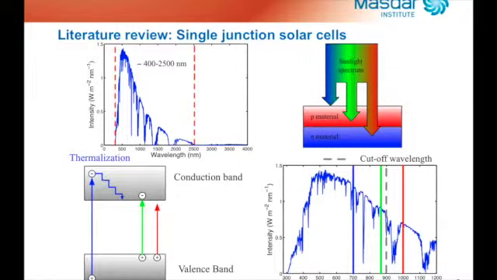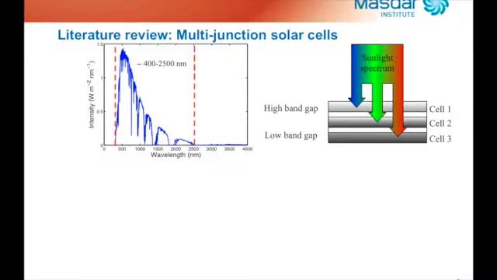Well, in this case, we still have generation of electrical carriers inside the material, but the extra energy carried by the photon is lost to a process called thermalization, which basically consists in generating heat inside the material. So we see that there is a spectral mismatch between the solar spectrum and the spectral response of a single junction solar cell. One technical solution that has been proposed in literature to compensate for this difference consists in